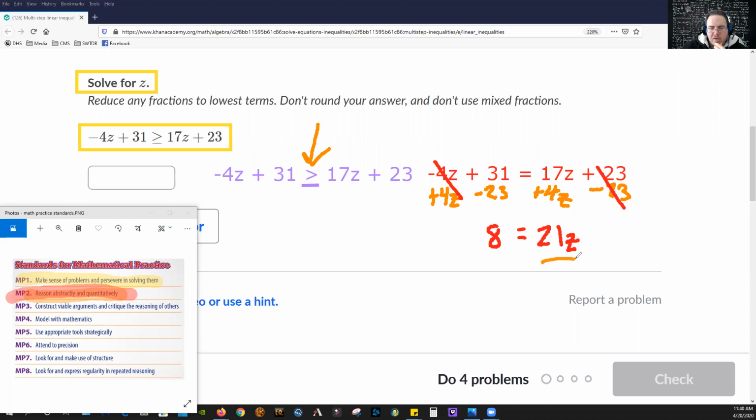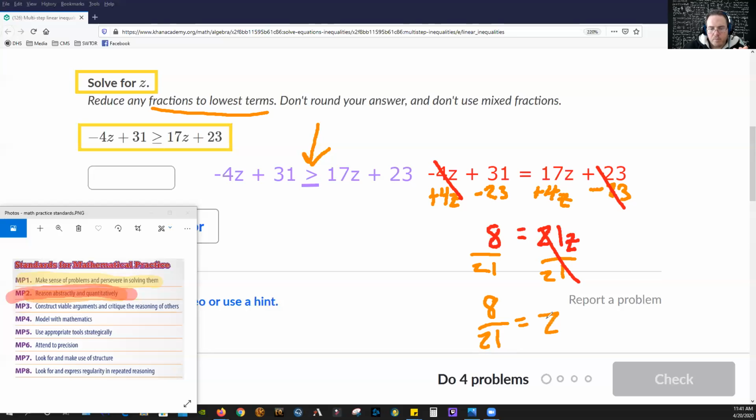So I'm pretty sure I'll divide by 21 on both sides, and I'll end up with a fraction. Now, it said reduce any fractions to the lowest terms, so it's expecting you to have fractions. So 21 and 8 can't be divided by anything. So apparently, again, abstractly, 21 divided by 21, that's equal to 1. So we should end up with 8 over 21